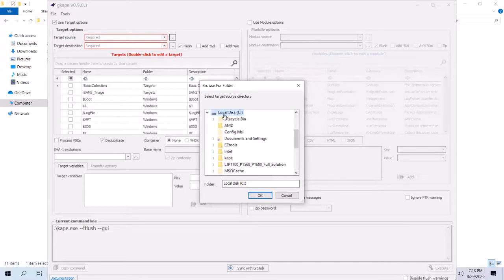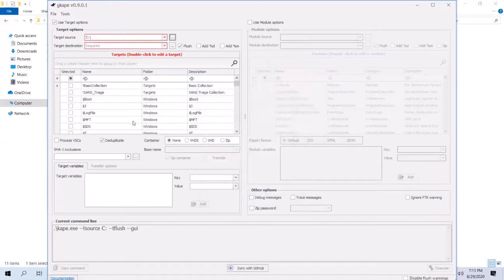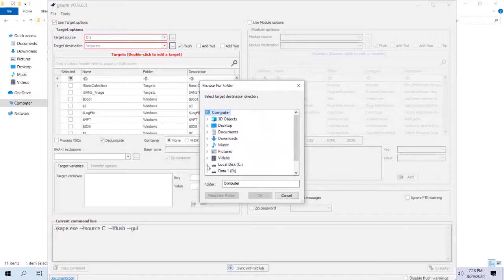So you have to select a particular drive on which you want to execute. In a real case scenario, this will be the hard drive that you have connected through a write blocker from your forensic system, the one which you are investigating, or it can be executed through EDR on the live system itself. Let's suppose you have an EDR such as CrowdStrike, Carbon Black, anything which can provide you with the shell. We will see how to execute through EDR, but on the GUI one, you have to come up with a drive.